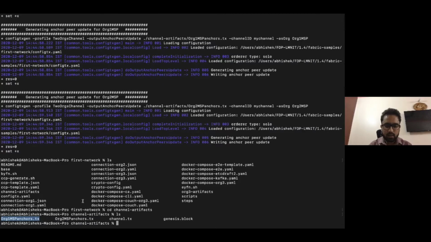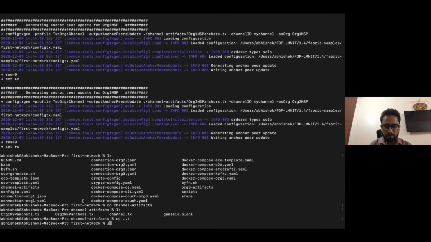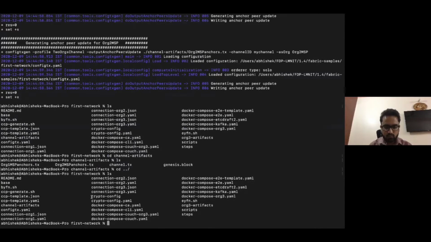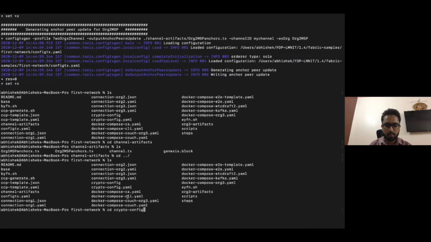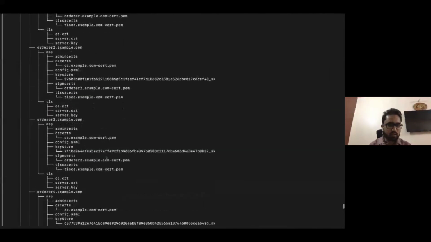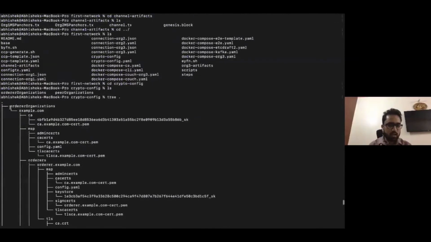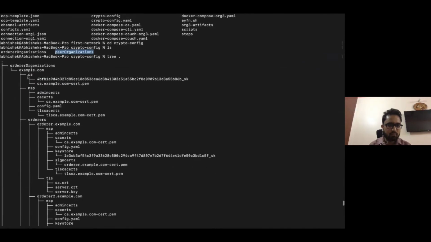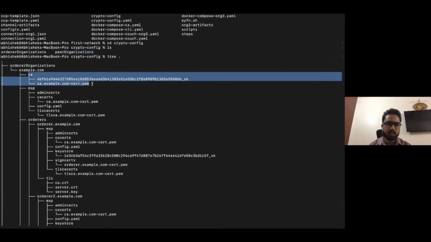And as you can see over here, there is one directory created named crypto-config. If I go over here and run tree, you can see that there is one orderer organization and one peer organization, and inside that we have multiple certificates and keys.